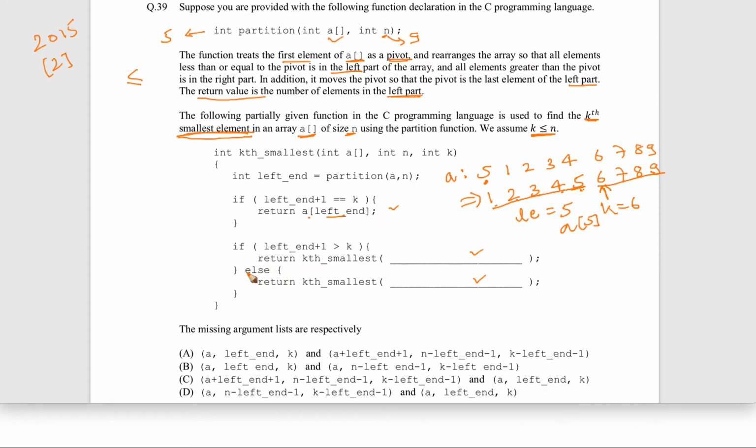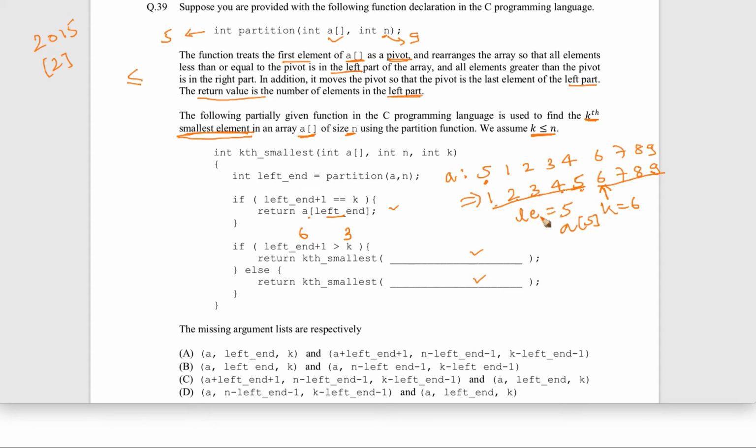Now after that, when k is smaller than left end plus 1, so 5 plus 1, this value is 6, and k is smaller than that. Let's say k is equal to 3 or something like that, then what is going to happen? Among this entire array, there is a left part and a right part after the partition.